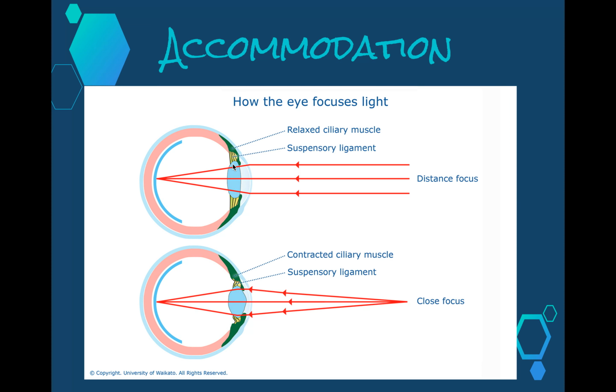onto the retina. The lens of the eye can therefore remain in its relaxed and fairly elongated state when viewing distance objects. For distance objects, the curvature of the lens must be relatively flat. The ciliary muscles are relaxed. They hold the suspensory ligaments taut, which are these parts of the eye here. These ligaments pull on the lens, keeping it relatively flat and allowing the image of distant objects to be focused